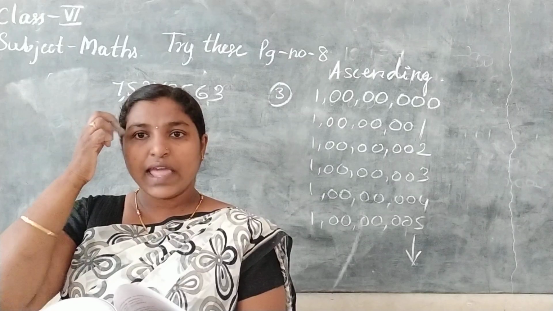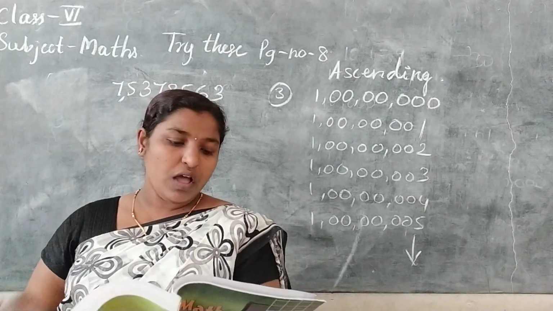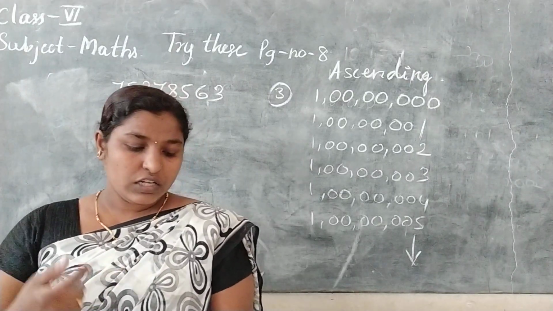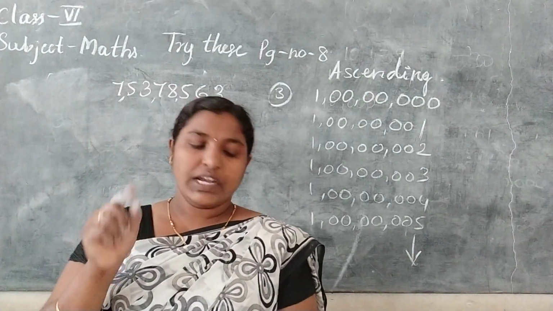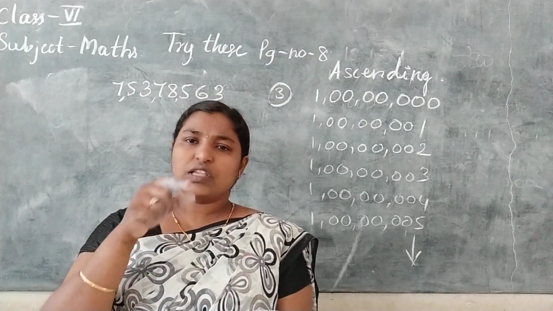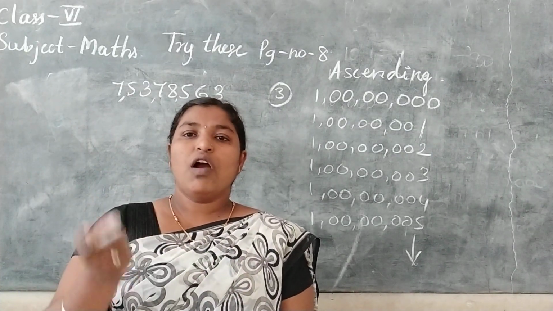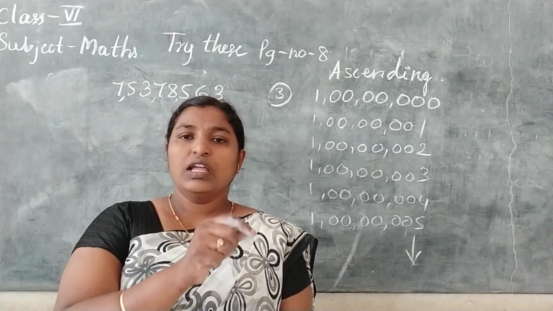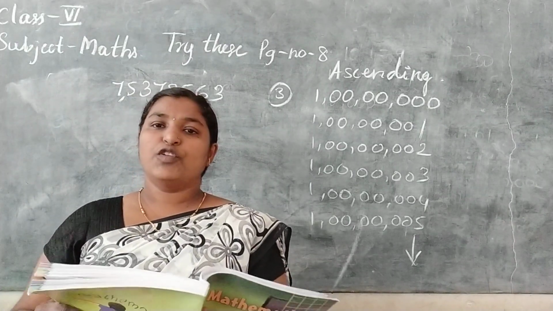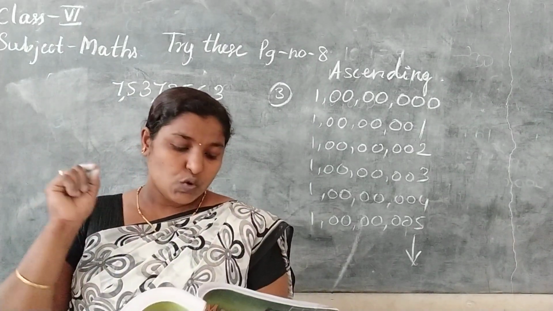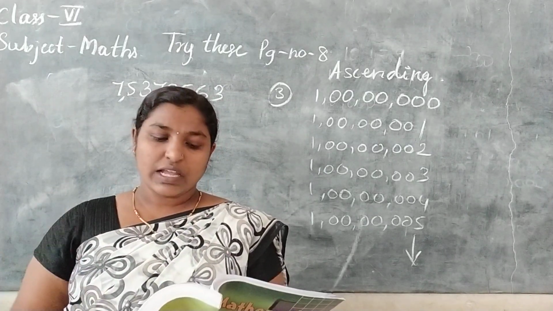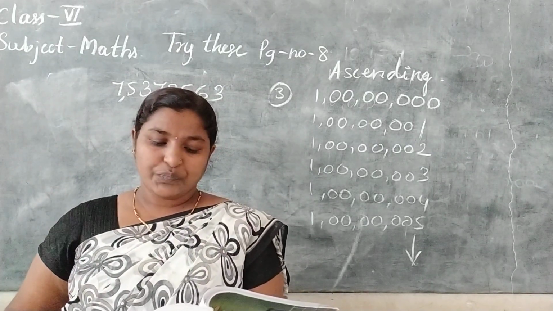See, for example, they have given below. Already I explained how to give the comma. From the right, you should give the comma after 3 digits, and then after 2 digits, and then after 2 digits. If there are more numbers, you give after every 2 digits. First 3, then 2, 2, 2, 2, 2. This is the international system of numeration to give the commas. So, the international system of numeration, I will explain to you in the next class.